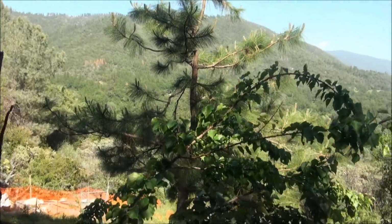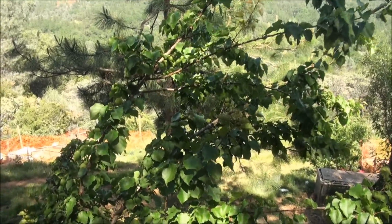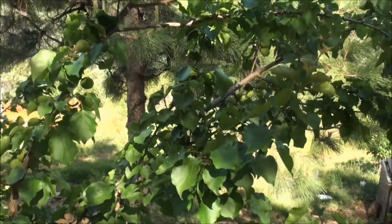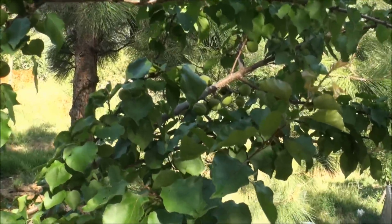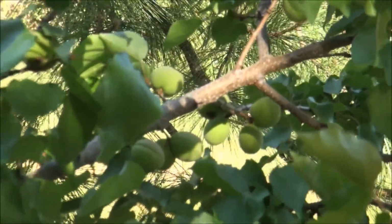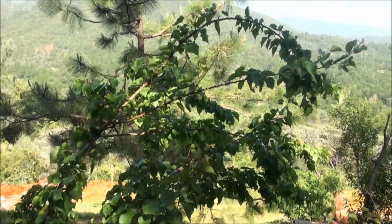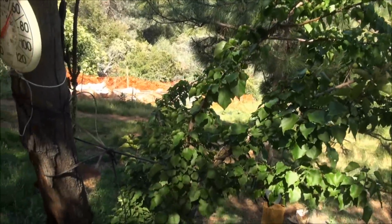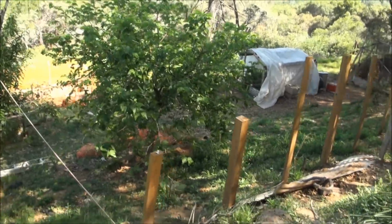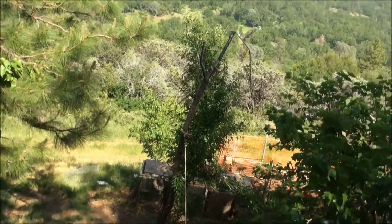Yeah, and like I said in a previous video, this is my volunteer wild apricot tree, and it's giving me lots of fruit, or it's gonna give me a lot of fruit, I hope, if the critters don't get it first. Anyway, I didn't plant it, it just showed up there, and I'm supporting it with this tree. I got it all tied up, and my mulberry tree is coming along, and this is my